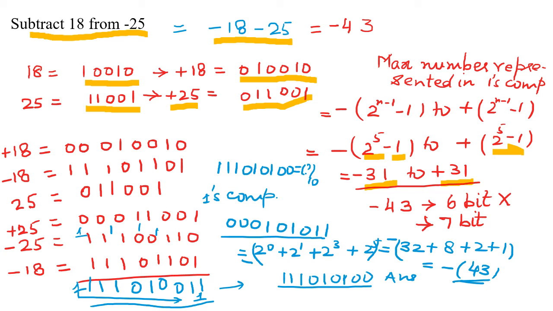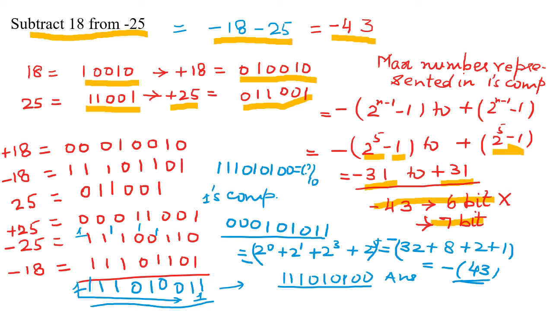Now if you add minus 18 and minus 25 in decimal, it comes out to be minus 43. So we cannot represent minus 43 as a 6-bit number. It requires a minimum of 7 bits. So you have to extend both numbers to 7-bit numbers. We can extend them to 8-bit numbers also. It will not make any difference. You can use 7, 8, 9 bits, any number of bits, and the result will be correct. But if we did the addition with 6 bits, the result would be wrong, because we cannot represent minus 43 with 6 bits.